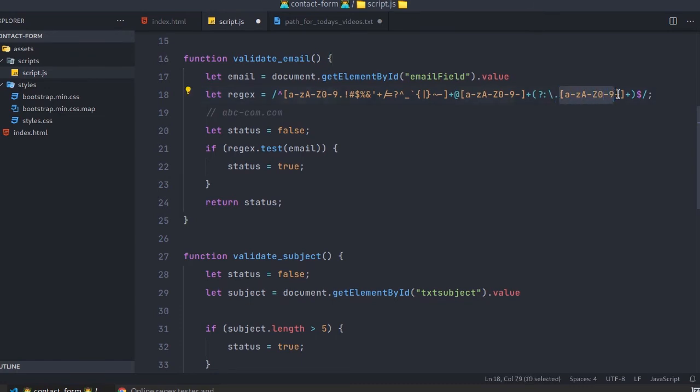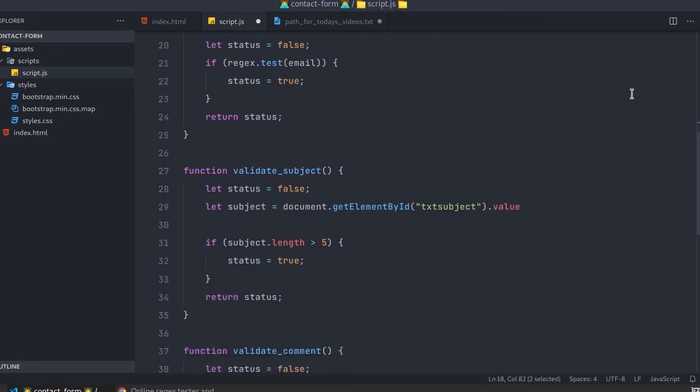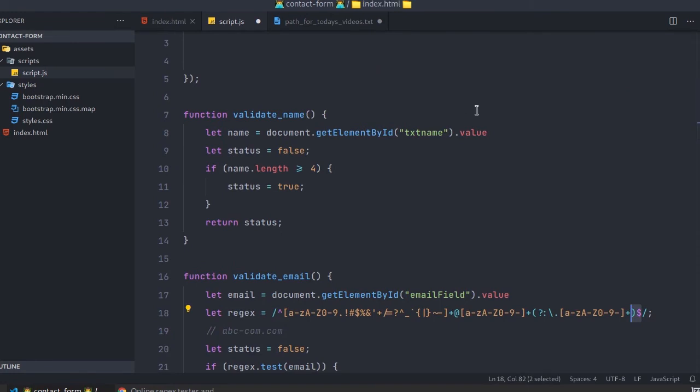Then here your domain name must have a dot and the top level domain name like .com or .us, .gov.in or .gov. So it is also required, the dot is a must, along with at least one or more characters, like here either C or CO or COM, like that, and that will be the end of our regular expression.